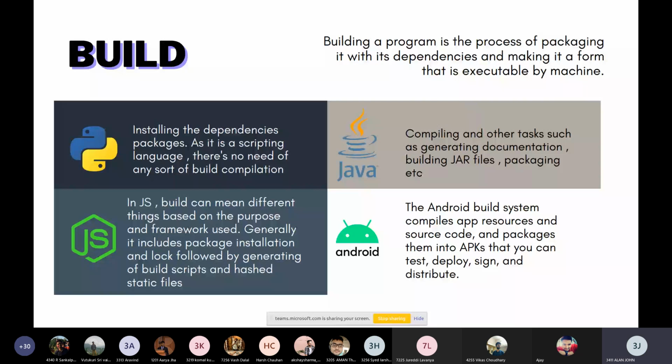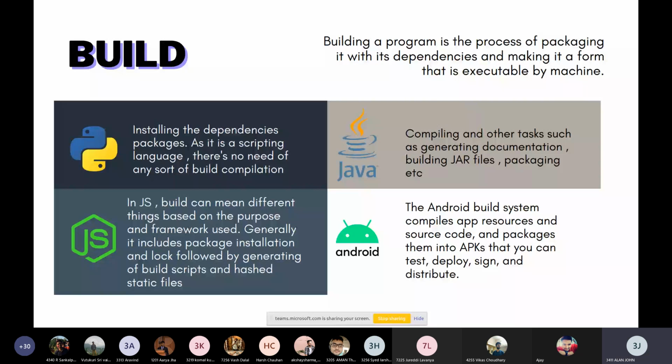And for example, if you want to build your C++ with extra libraries, I'm pretty sure second years, your computer graphics course has started by now. So you use OpenGL for that. So when you compile with OpenGL, you have to add some dependencies as well. So building is that. Building is making sure your program, whatever source code you have written, is becoming an executable